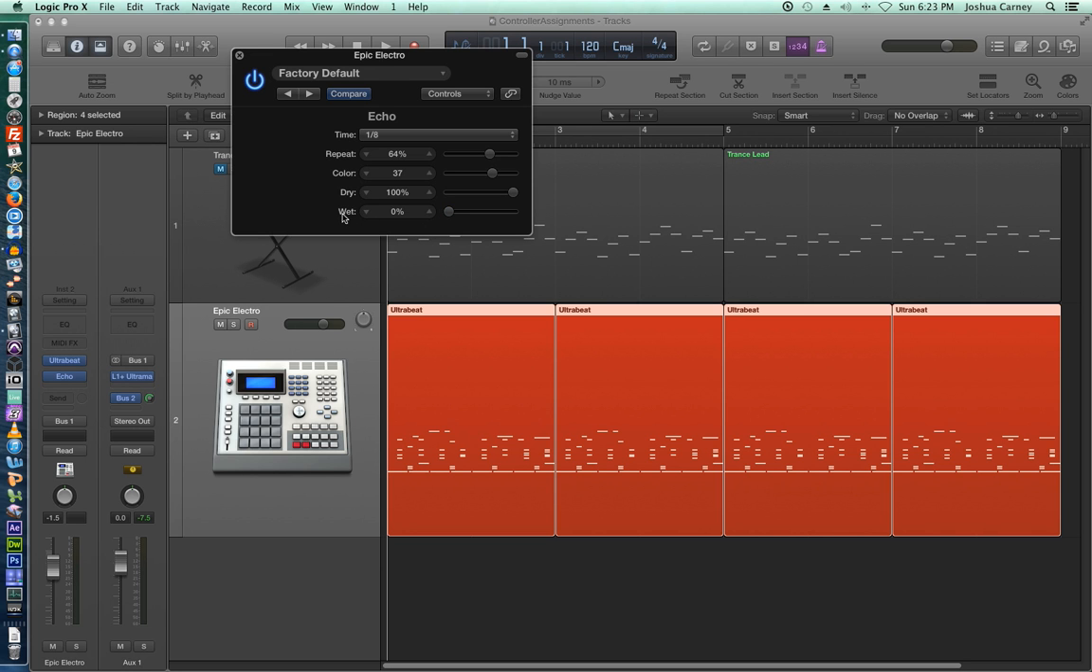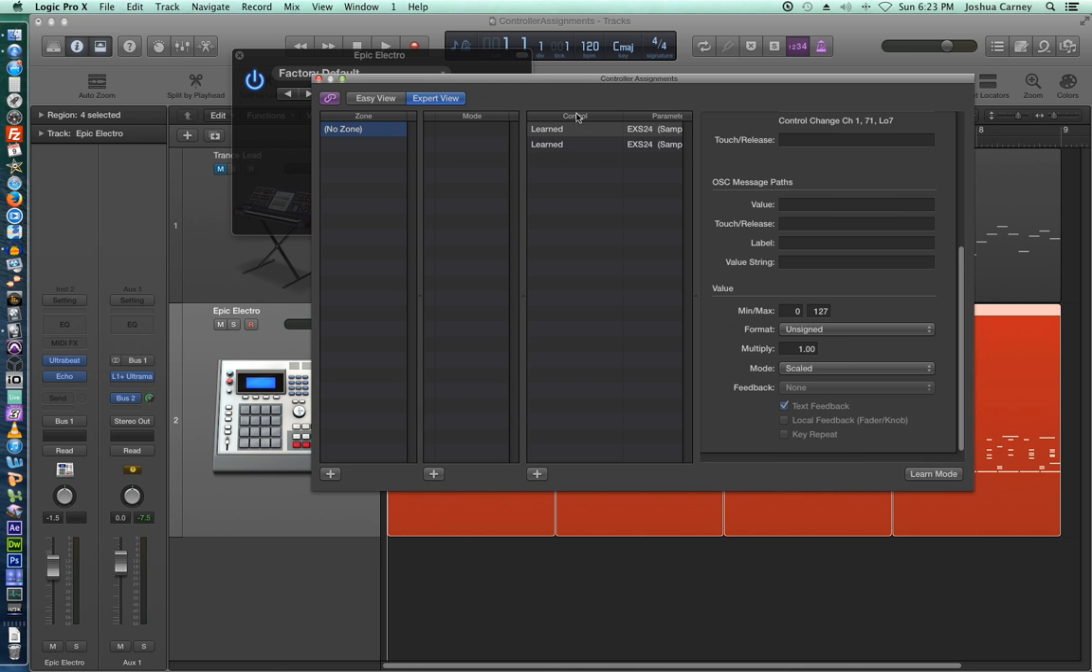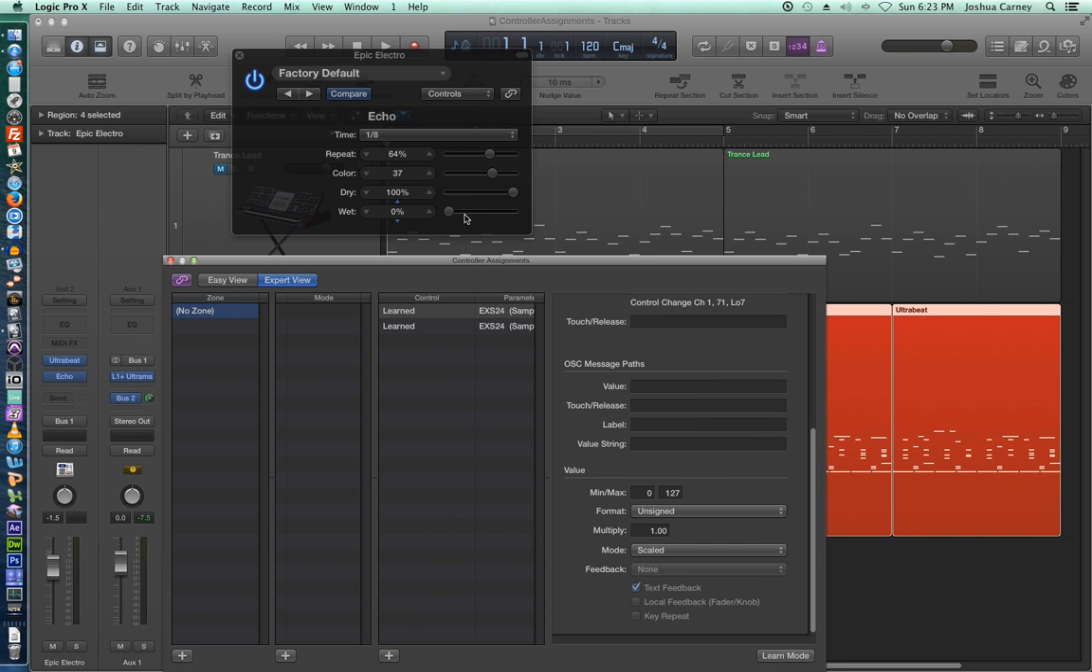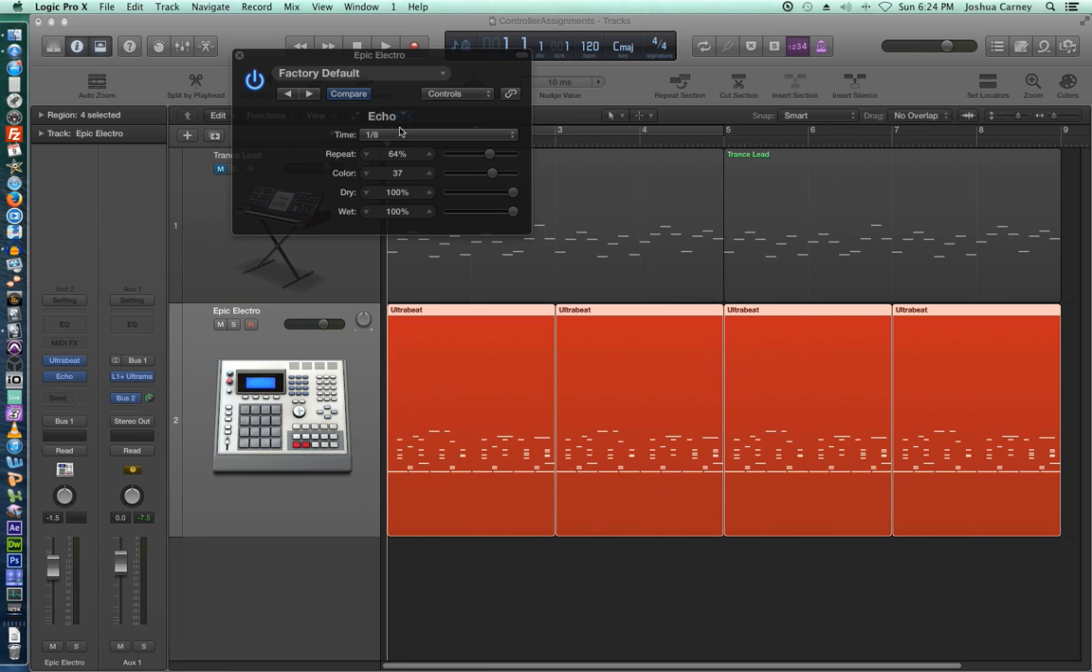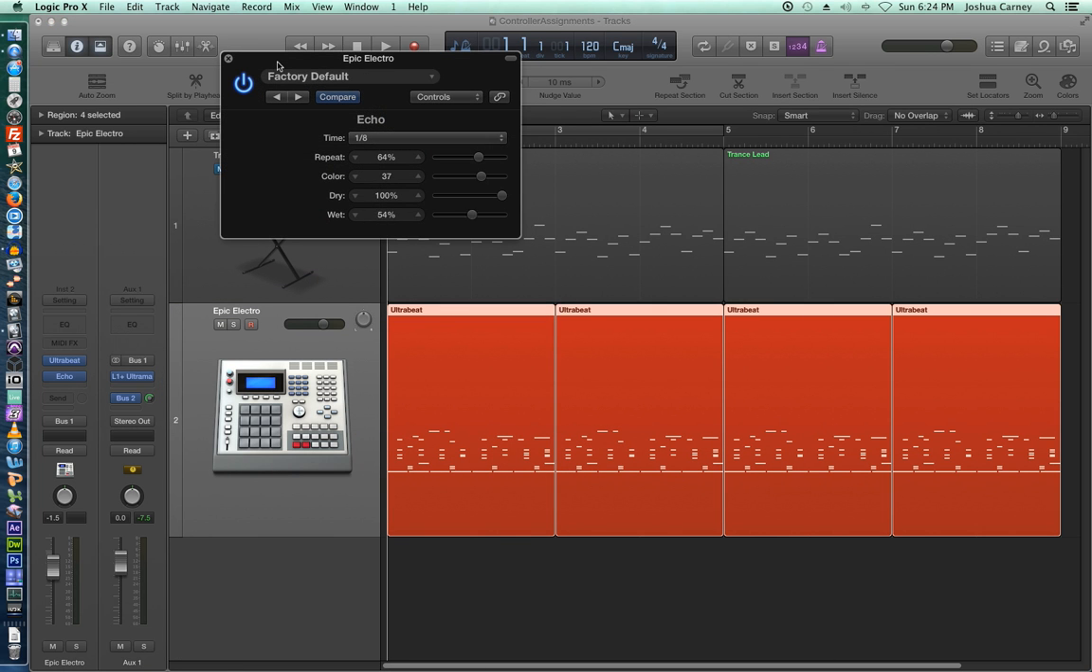But what I'm going to do is go back to our controller assignments window, remember Shift Option K, and I'm going to learn this wet fader with another fader on my MIDI controller. So I just click on Learn Mode again, click on that fader, and then move the fader on my MIDI controller, and then turn Learn Mode off. So now I can pull in the echoing effect just where I want it,